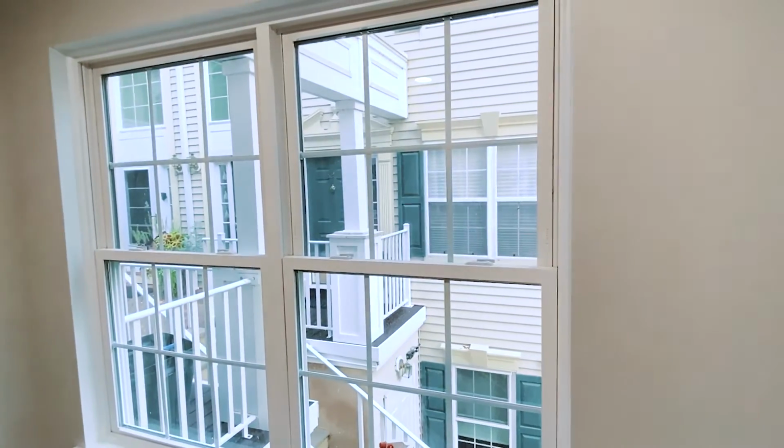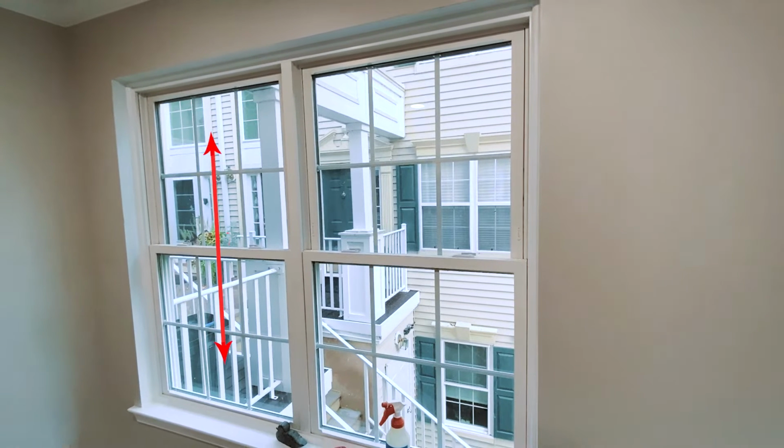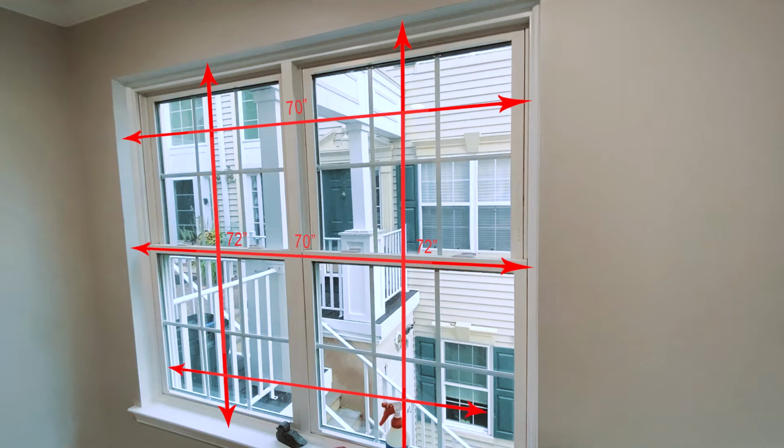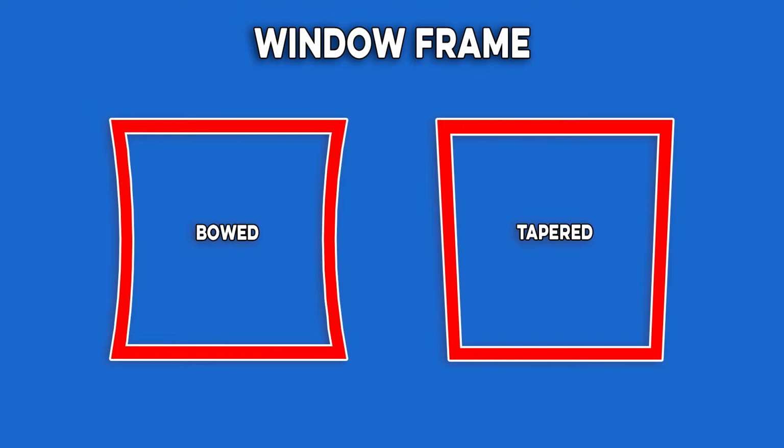Begin by measuring your window opening to ensure that you get the correct size blinds. First, measure the height from top to bottom in the middle of the window. If you have a double window like us, measure each side. Next, take a horizontal measurement on the top, middle, and the bottom of the window. This is necessary to ensure that the window opening is not bowed or tapered, which could interfere with the operation